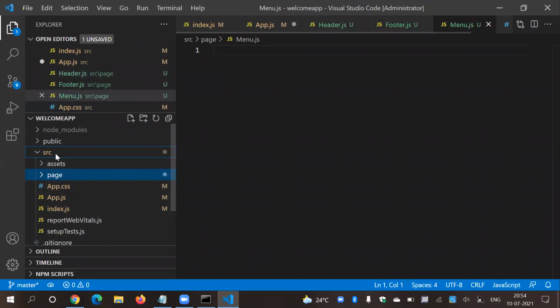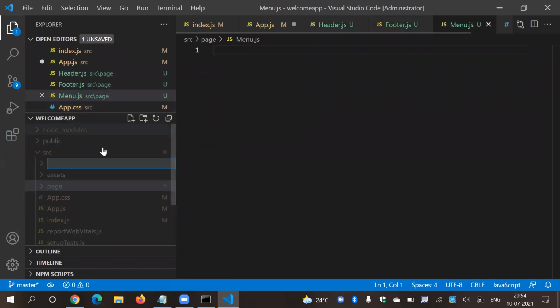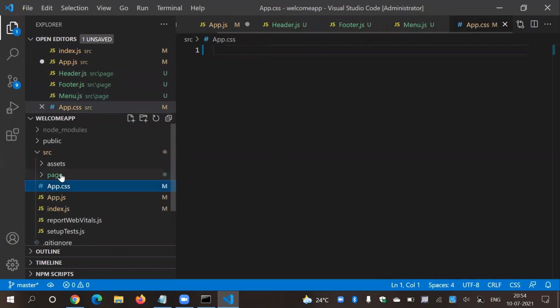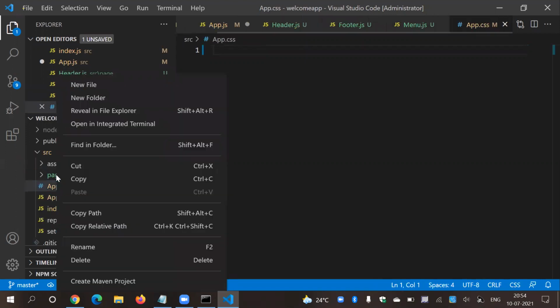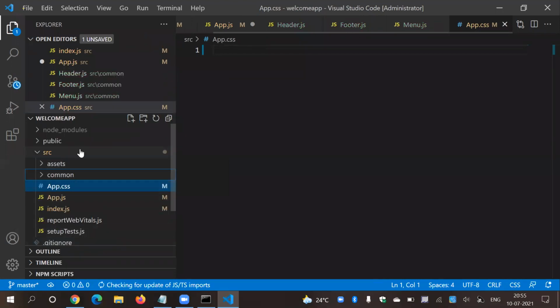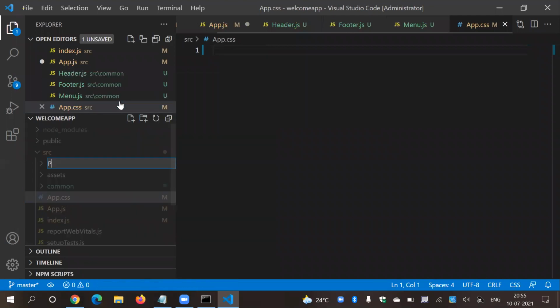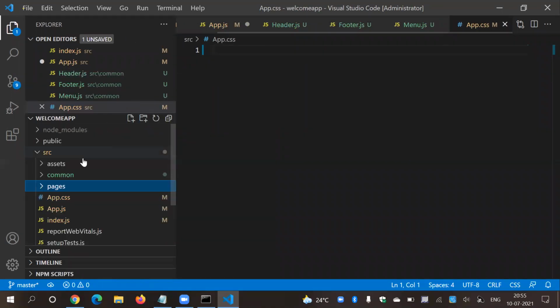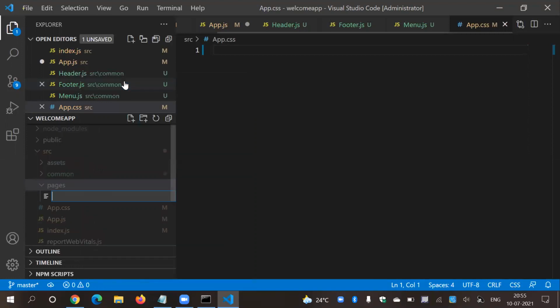And one more folder. Instead of page, rename it to the word common. And create one more folder with the name pages. And here is my new file with the name home.js.